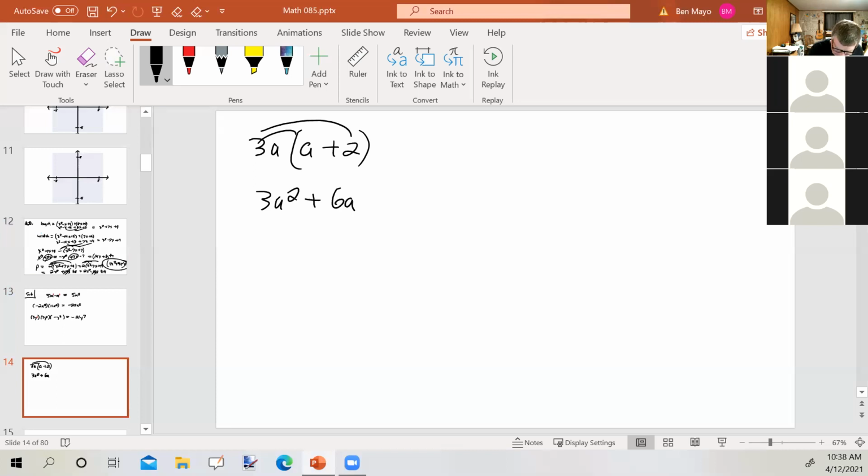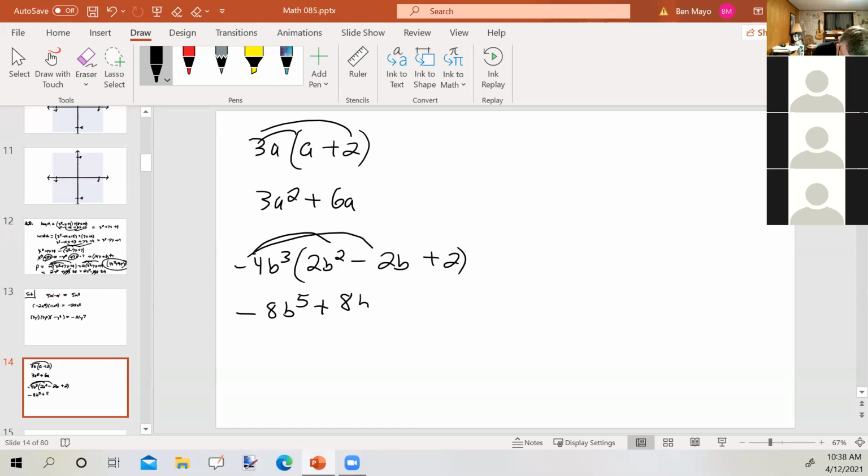Let's say I've got negative 4b cubed times the quantity 2b squared minus 2b plus 2. So distributing, we get negative 8b to the 5th plus 8b to the 4th minus 8b cubed. Again, any questions there? All right. Now,